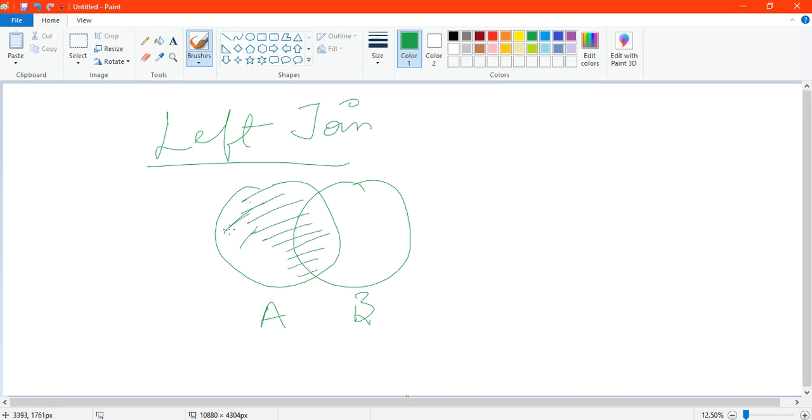Okay, means table A will come fully. The common part will definitely come. But the other part, I will change the color and show you. This part which was not common, this shape in red, which was not common to B, this will also get printed.